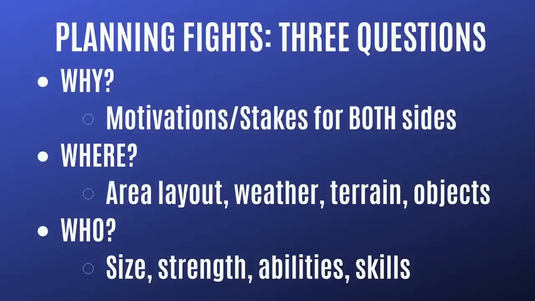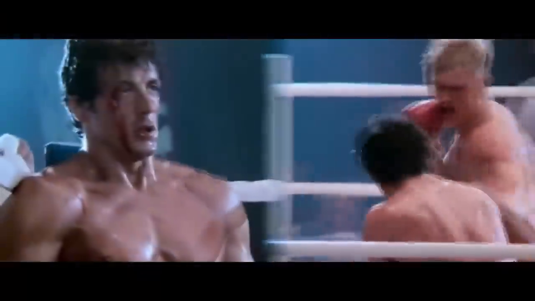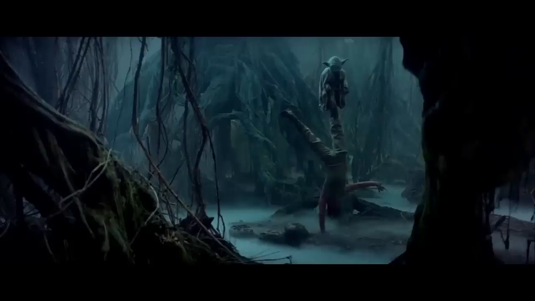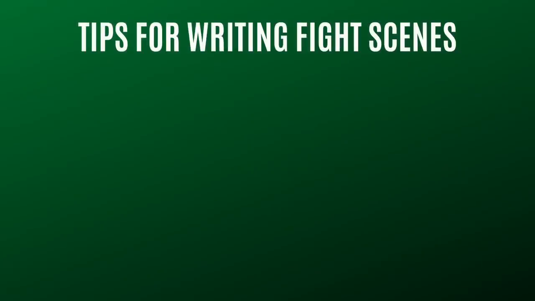And I mentioned abilities and skills. With abilities, we're talking about things that a character is naturally good at. Maybe they can take a beating like Rocky, or they have a superpower like Spider-Man. And with skills, skills require time to master. Sword fighting, using the Force, dodging punches, these are all examples of skills, and they can end up being the difference in a battle.